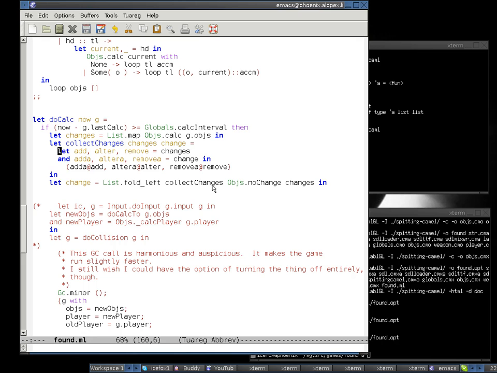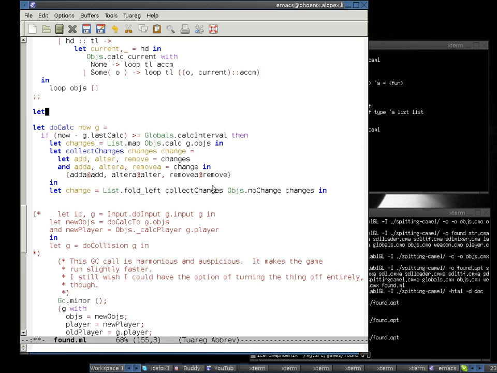So, we have changed the object calculation function, which is what tells the object what to do, from returning a new version of the object, which means it can only change itself, to returning a set of changes to make to the world. So it can add, remove, or make fairly arbitrary alterations to anything in the world. We could just have it return a copy of the world itself with whatever it wants to do done to it, but